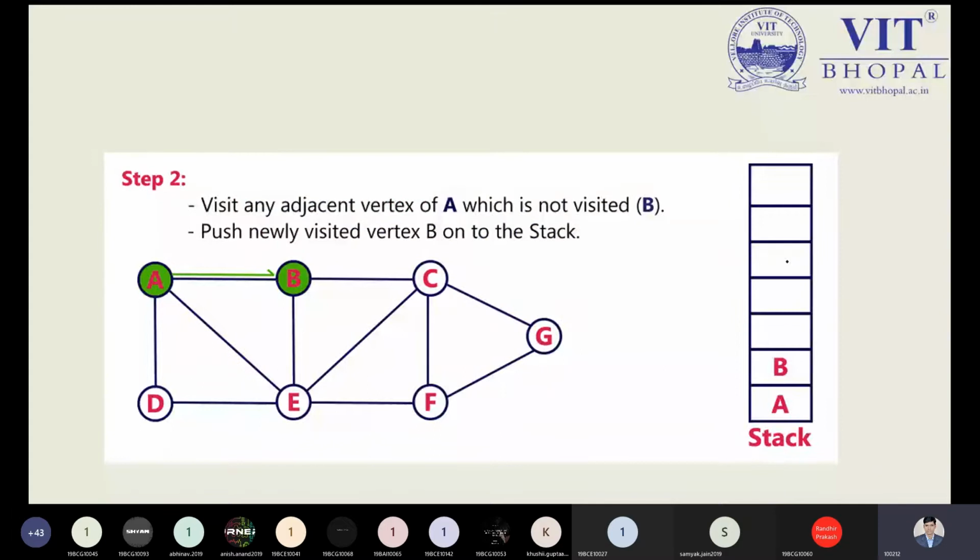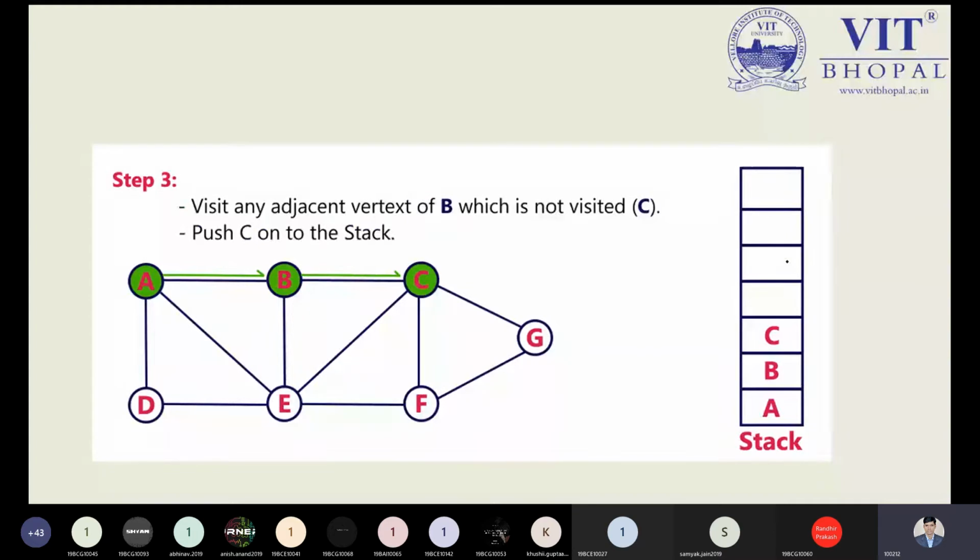Now which are the next adjacent nodes? That is, we can say B and D. Okay, so the newly visited vertex is B. You can pick D, no problem. In this example, I am picking B now. And from B, how many adjacent nodes? Those are C and E. Each and every vertex keeps its adjacent vertices, and it can be determined by our adjacency matrix or adjacency list. So from the adjacency list, we can identify which vertex is connected to another vertex.